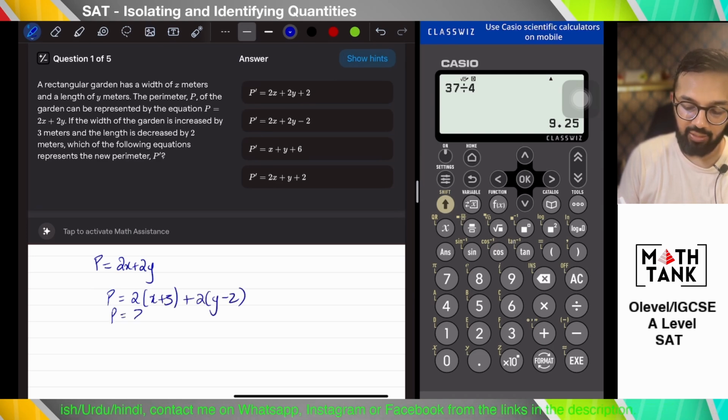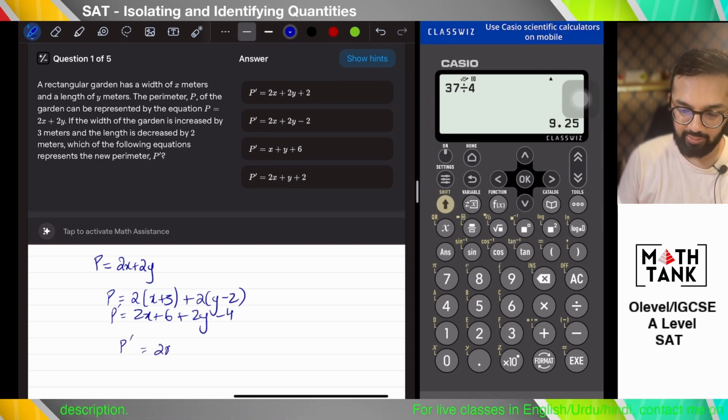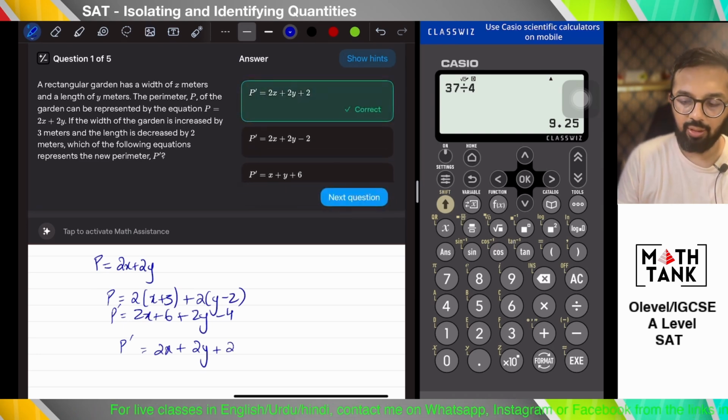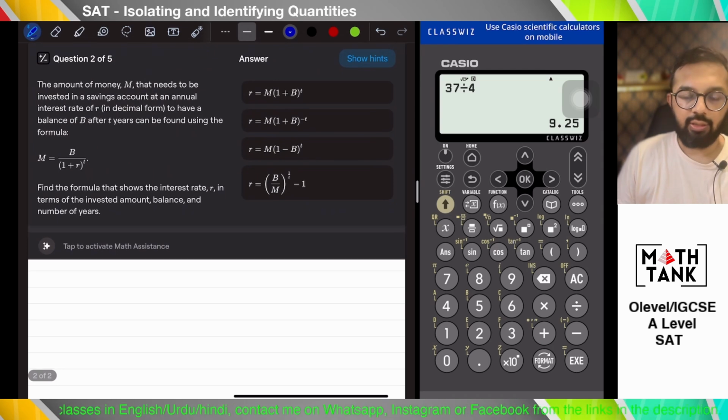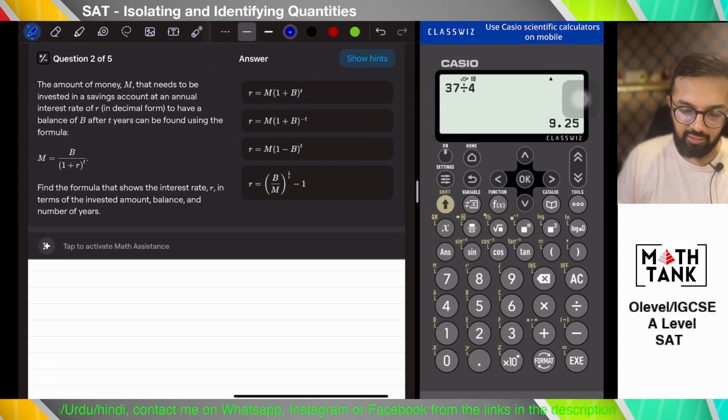So I have P equals 2x plus 6 plus 2y minus 4, the new perimeter. So 2x plus 2y plus 2. Yep, that should work. The next short question, it says the amount of money M that needs to be invested in